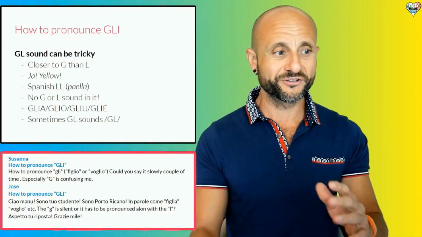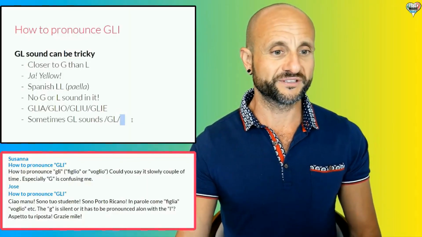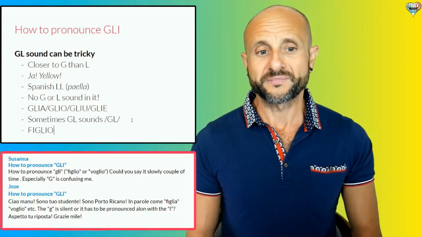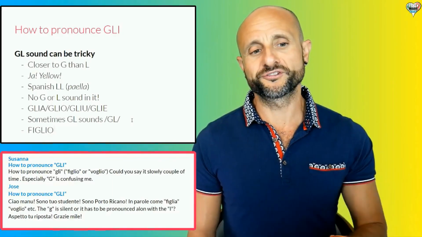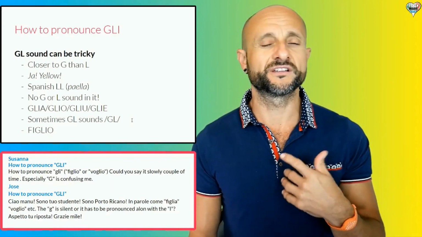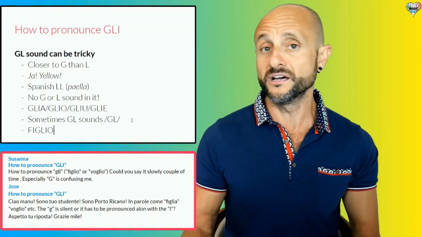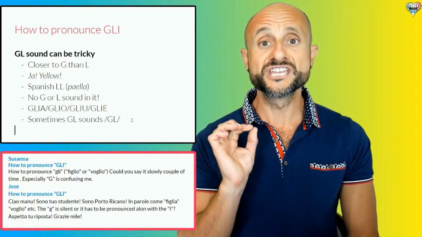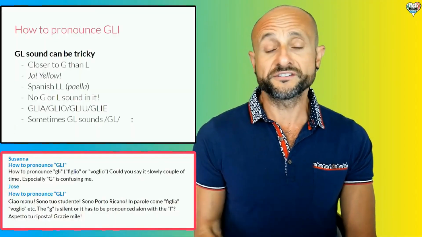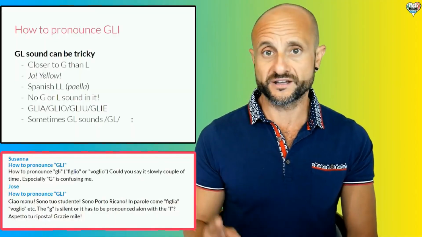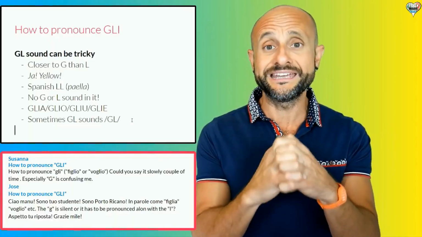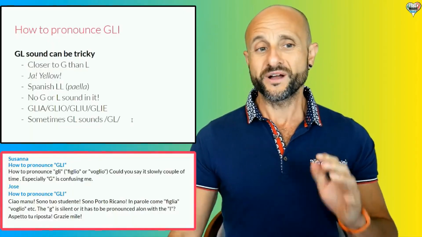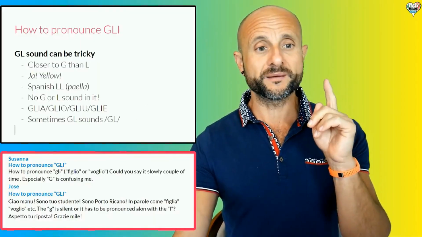So when you look at a word, like I'm going to type here, figlio, you get confused because you think you see the G, is it J? You see the L, is it L? The thing is that neither sound is there. In Y, there is no G sound and there is no L sound. Neither, because basically that's a sound in and of itself. It's the Y sound.